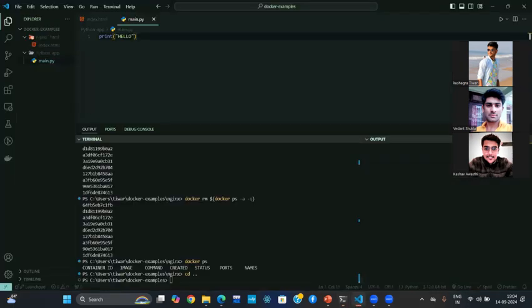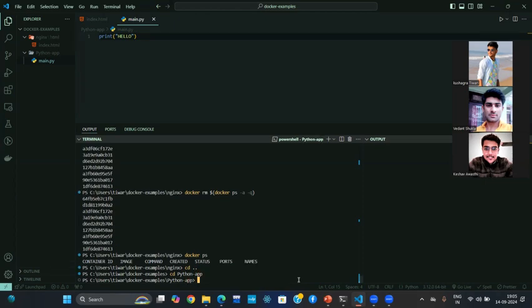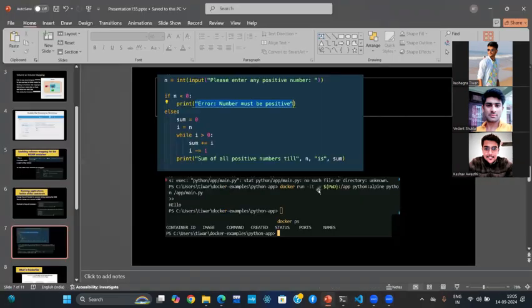Move to this, and here I just write cd python. So we are on this. Just write the command which is here: docker